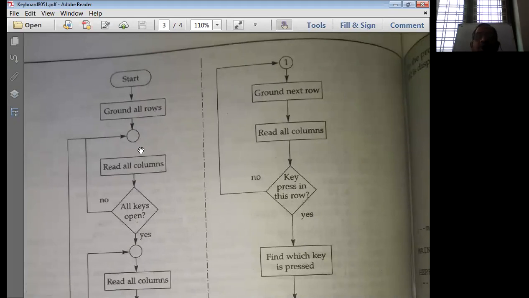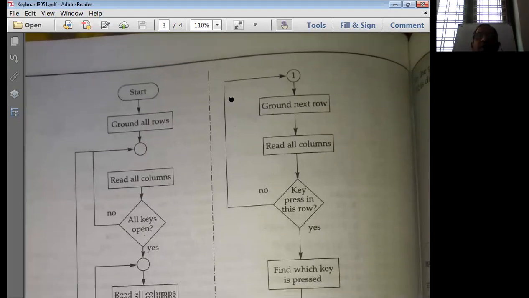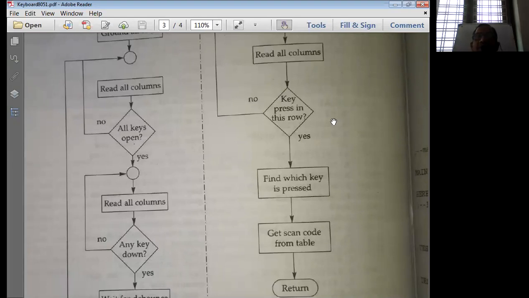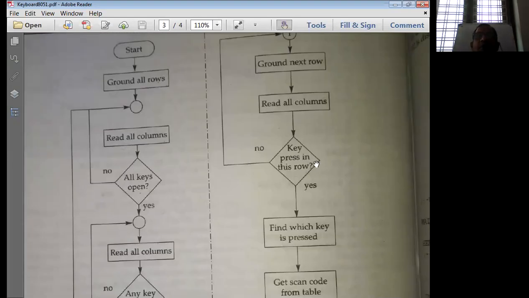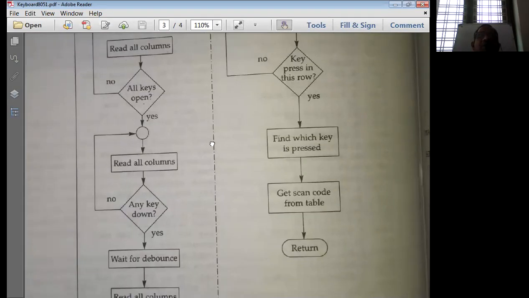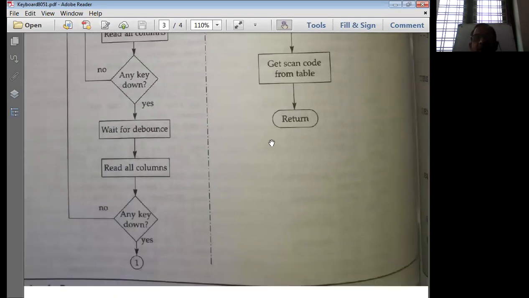So this is how the program is normally executed. Okay. As it is a diamond shape, it is a decision making box. The control goes to yes and no. Based on that, we repeat this process. So like this, we implement the keyboard interfacing program, which is a very important program for us.